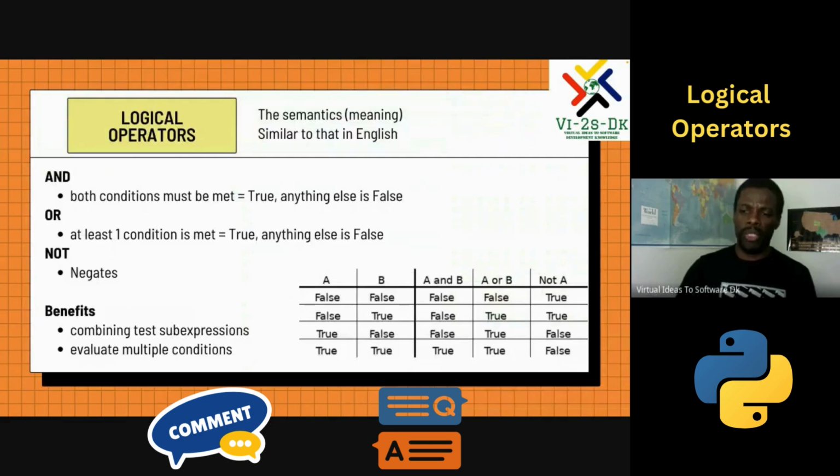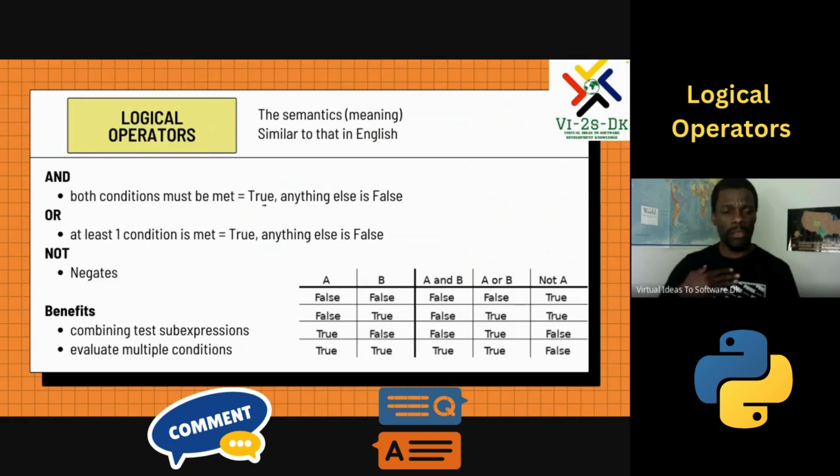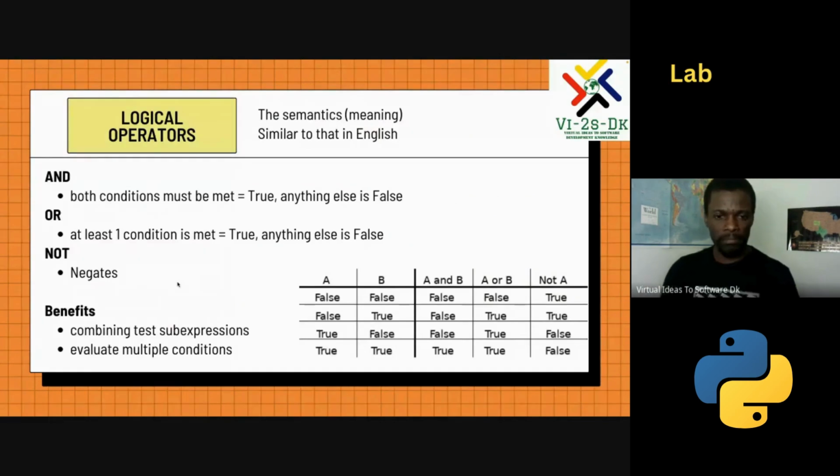Now, logical operators, those are another type of operators, okay? They have the same semantic meaning as in English language, like the and. You say, I am a boy and I am African, okay? So those two are true. If both conditions are met, then it's true. Anything else, it's false. If I say I am a girl and I'm African, obviously I'm not a girl, I'm a boy. So that is false. But if I use the or logical operator, at least one condition has to be met for it to be true. If one condition is met, then